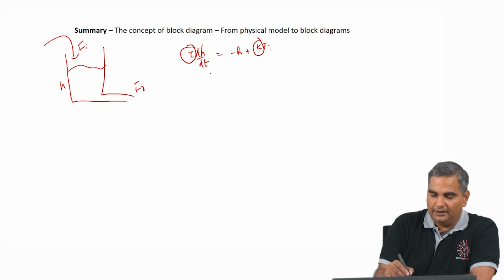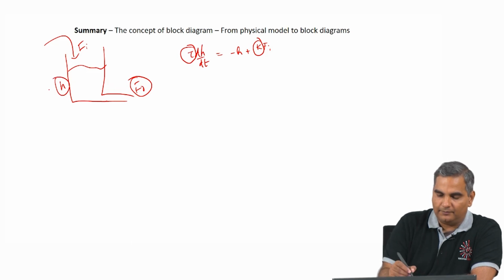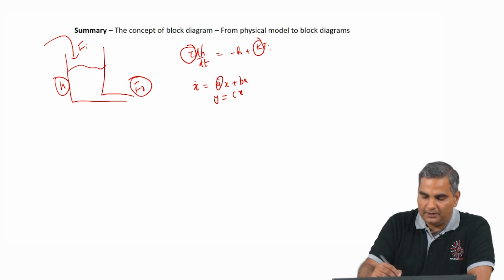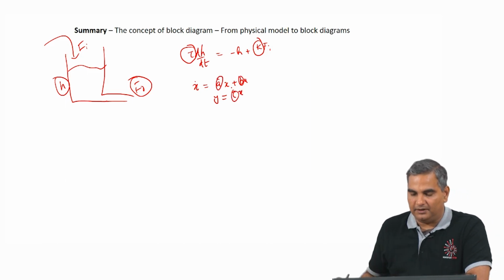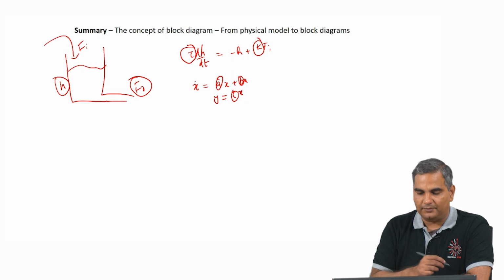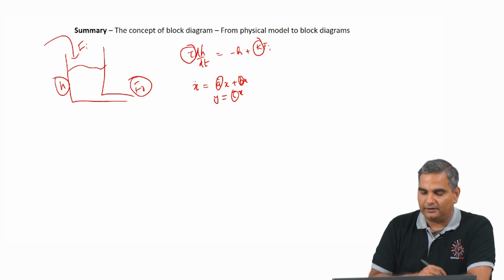So, an equation of this form and an equation that relates f naught to h together, we said if you want to do this in a general form, we can call this as this state space model, which is x dot equal to ax plus bu and y equal to cx. Again, this a, b and c are basic translations of tau, h, k and so on. So, it is basically constants which come from the first principles modeling that we have done.